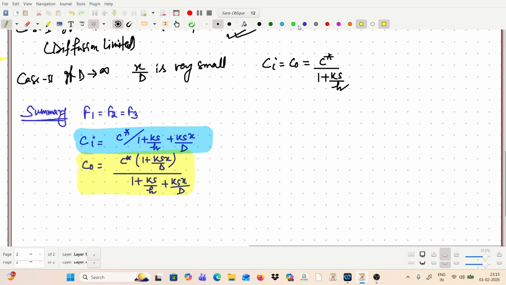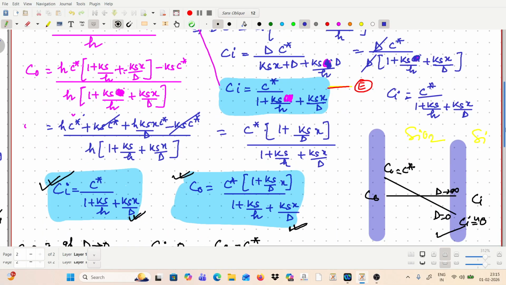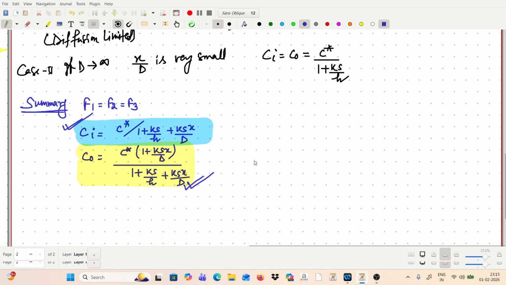But now we have to find the oxide growth. Now we have to find out the oxide growth. To find out the oxide growth, what we have to do, that we will now discuss. For this purpose, we have to write the oxide growth rate, at what rate the oxide is developed. Before that we have to assume, or we have to write, let N1,